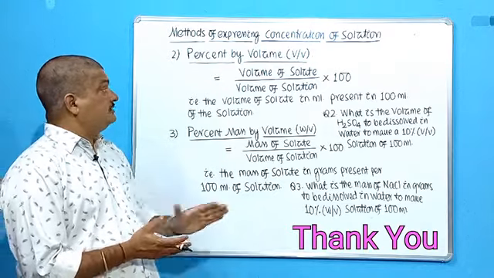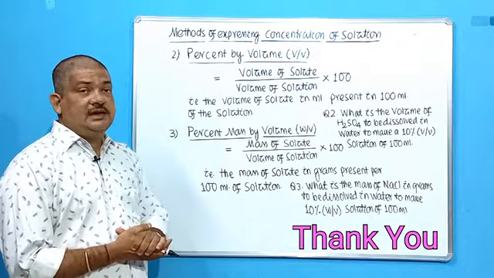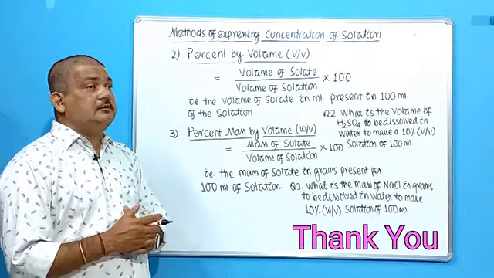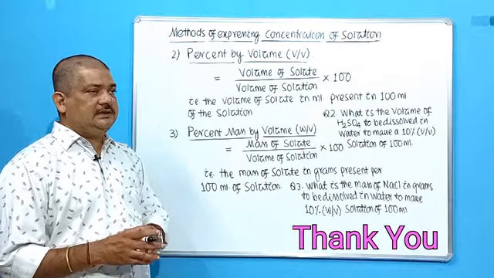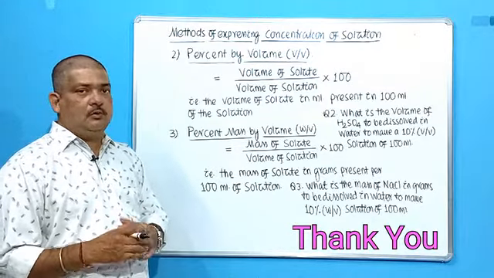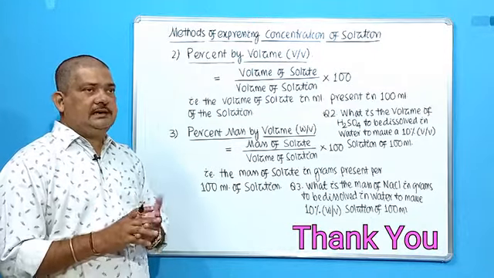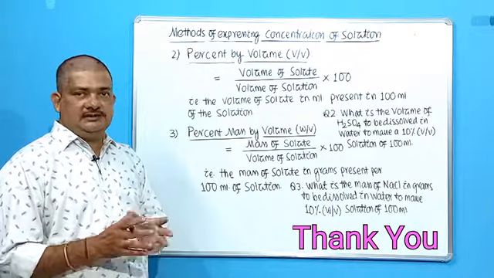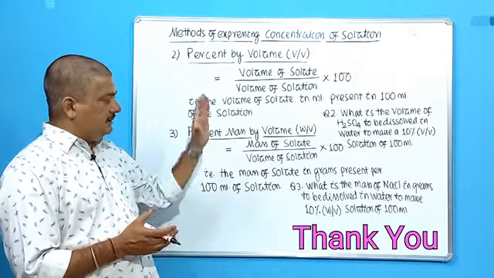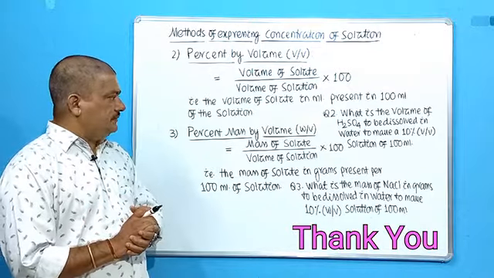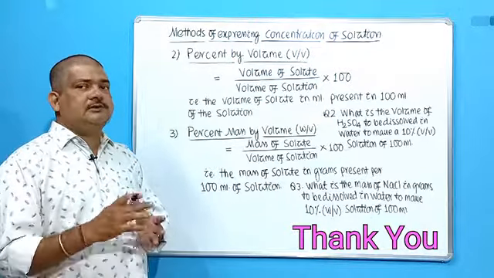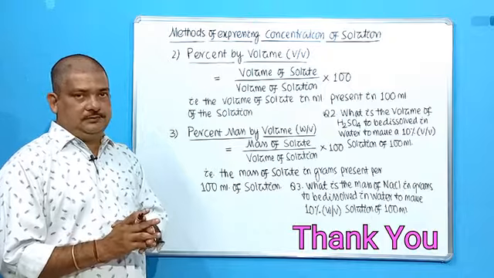Okay students. So these are various percentage methods to express the concentration. In the next class we will be discussing the remaining methods: parts per million, grams per liter, then mole fraction, molality, then formality. So these are the remaining portions, and every time I will be giving you one assignment along with the definition. So you solve it so that it will be more clear to you.